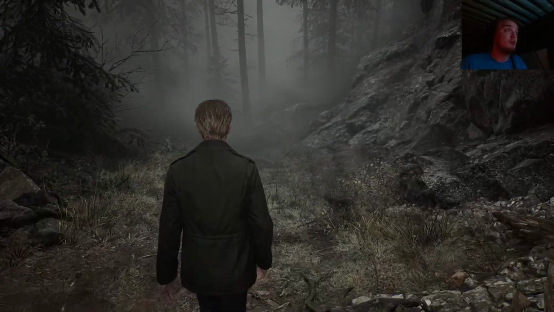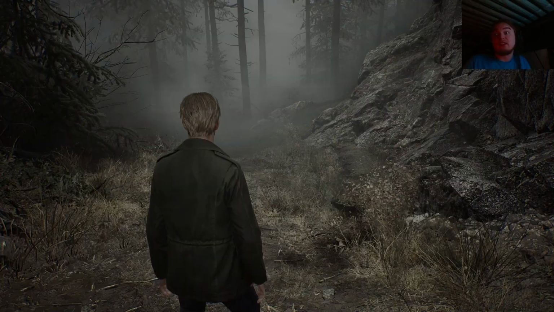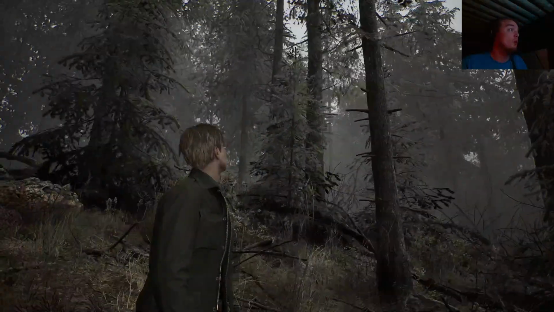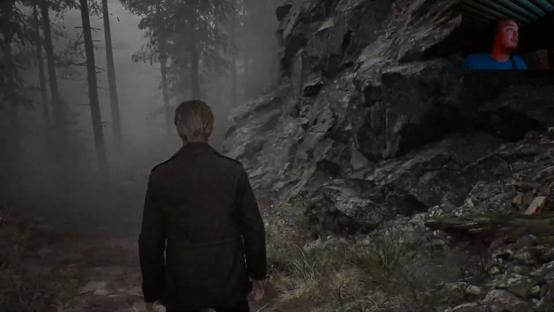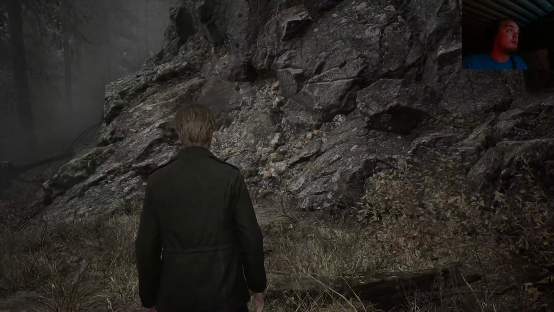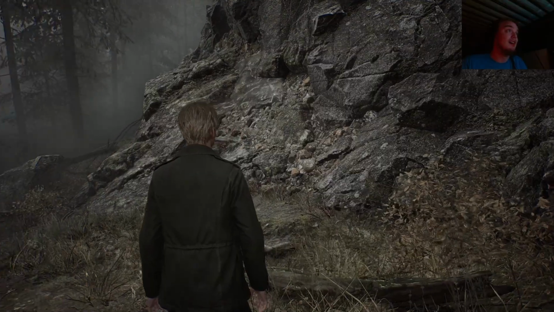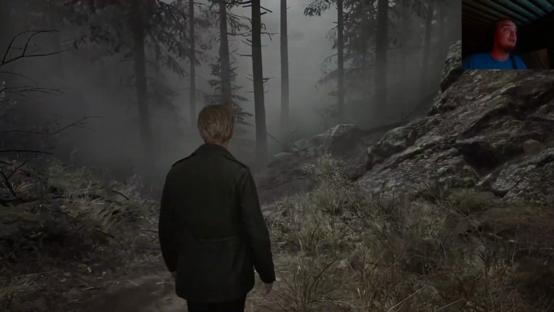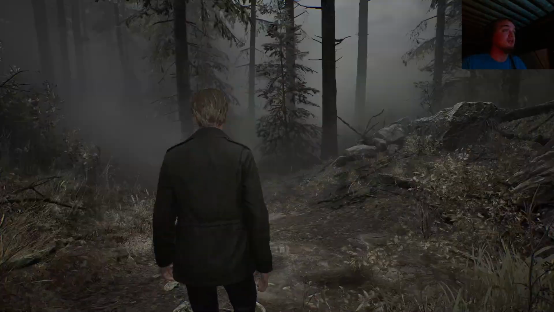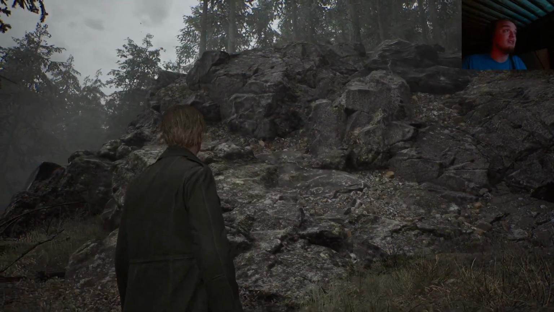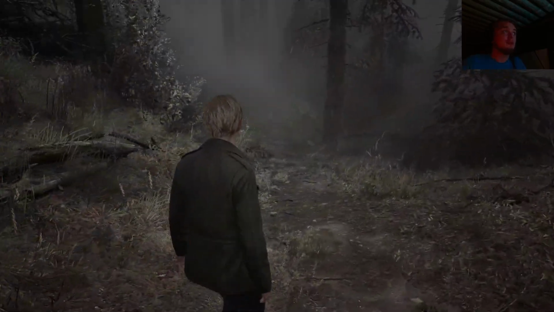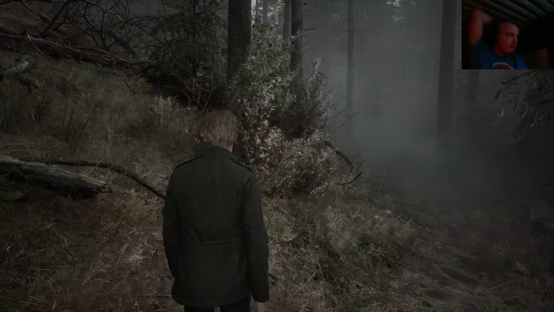Alright. But yes, the fog is very important. I want you to keep in mind something, the feeling of being watched. Again, this is a very dense forest, and the fog doesn't help. Aha! We got another bit of audio. The game has already raised you to the idea of tension through audio and visual disclarity. But I mean, that was just falling rocks. But yet, I'm still jumping at every noise.